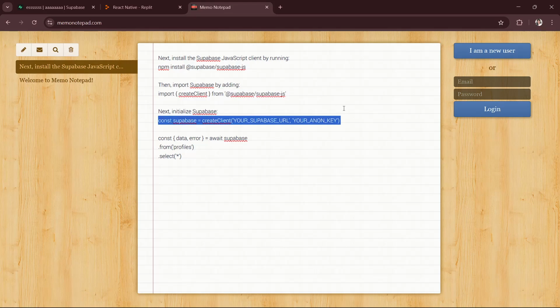If you're using environment variables, place your keys inside a .env file and load them with a library like React Native dotenv. After that, you can call Supabase features. For example, this